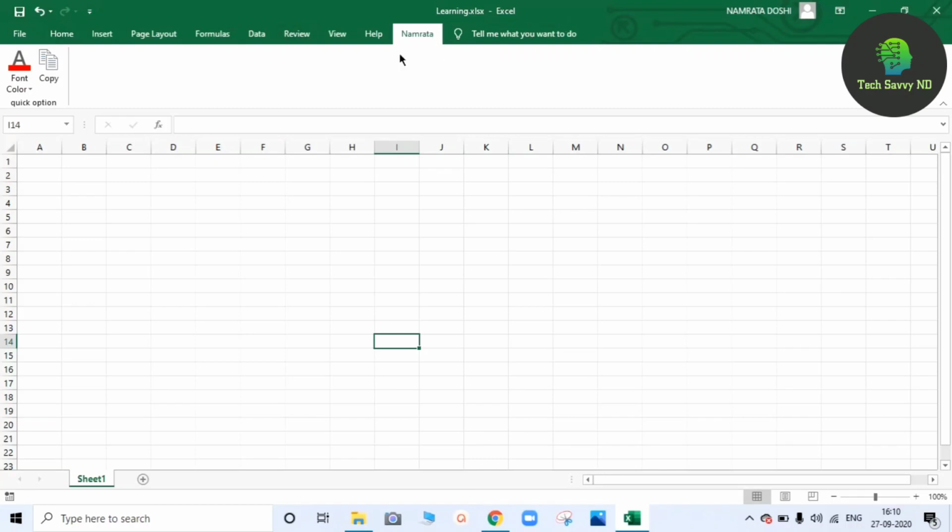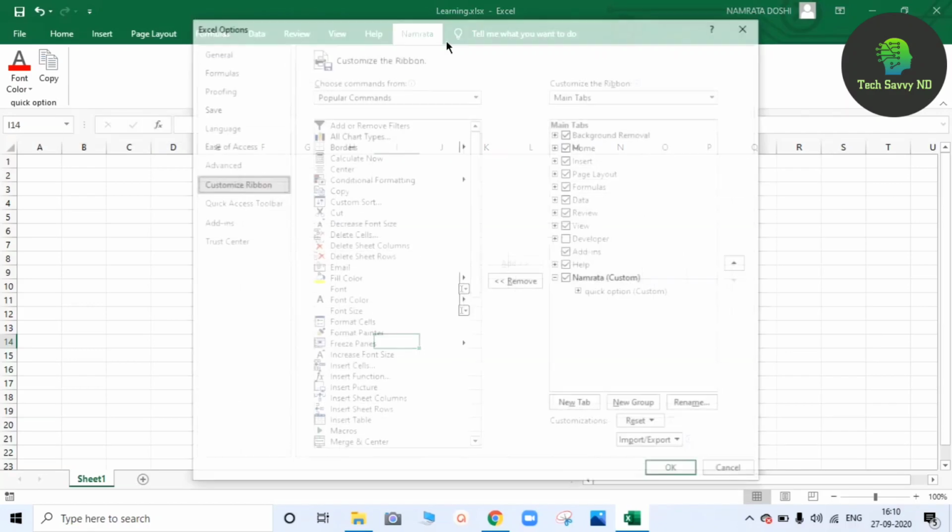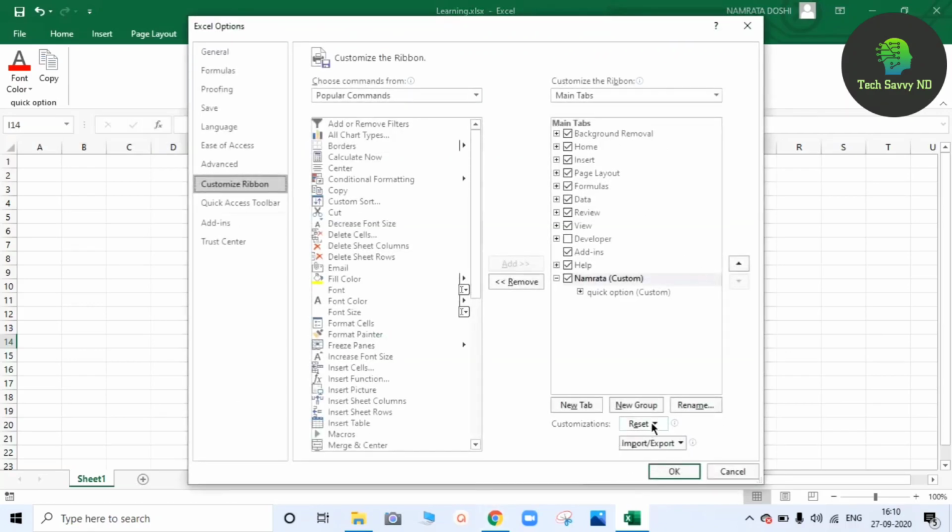If you don't want the customized ribbon anymore, then again click on Customize Ribbon, and you can apply the Reset button. After applying reset, all the tabs will come back to their original form.